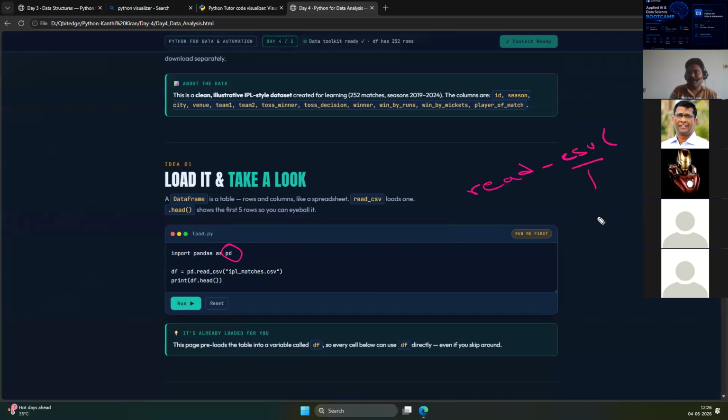What is CSV? CSV is nothing but comma separated values. You can open this comma separated values file in Excel, or you can open it in a notepad as well. And this pd.read_csv with ipl_matches.csv is the file that I have created and embedded in this HTML page, with 252 rows and these many columns. That file will be loaded,